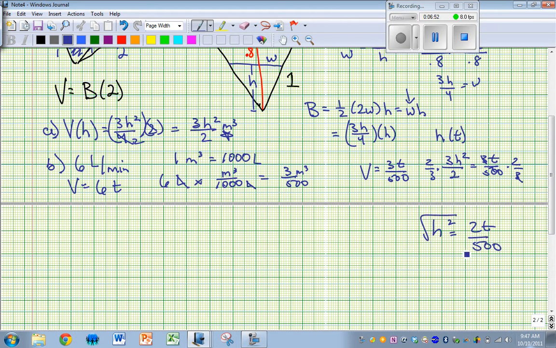Take the square root of both sides. So I know that h equals the square root of 2t over 500. So my answer, my function in terms of time, h of t, equals the square root of 2t over 500. The back of the book will probably simplify this to a decimal, which is the square root